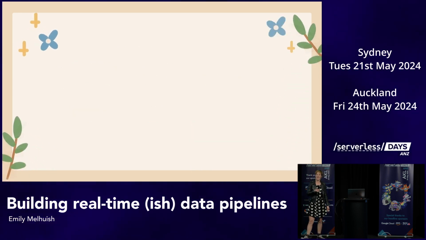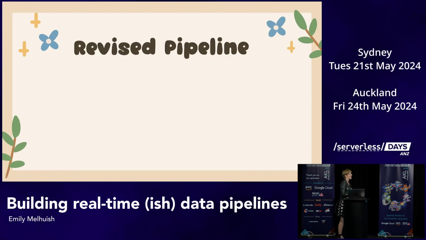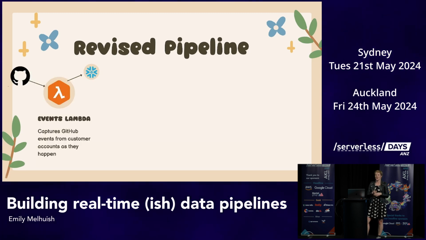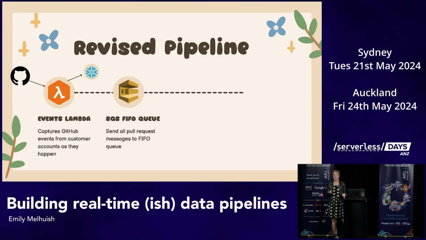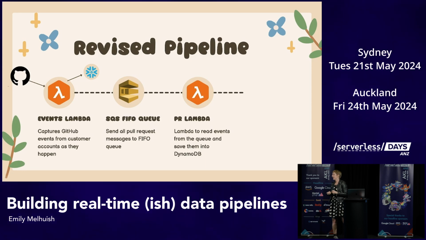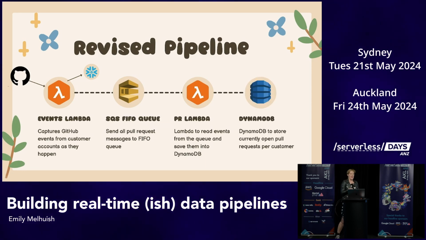Then what does that look like now if we think about our pipeline and how this will work with it, noting that our other pipeline is live, so I was a bit too scared to modify that main Lambda too much since it is the core of Multitudes. So basically we still have our original pipeline, GitHub firing events in, those events going to Snowflake, but now we can apply a filter and make sure that we send pull request events only into the queue. We then have a nice little Lambda that pulls from that queue and then saves them into DynamoDB.